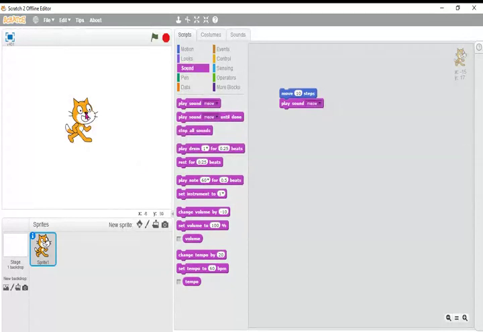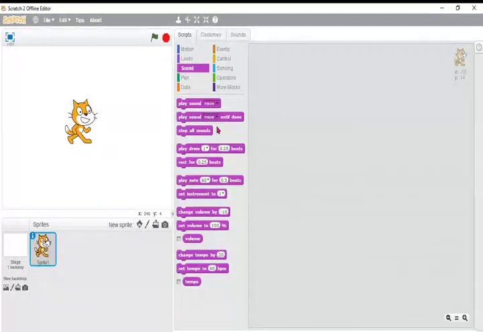So this is called the stage, and this area is called the script area. And what is the name of this one? Yes, Sprite, not the drink Sprite, 7 Up. This is called a Sprite. Which is the default Sprite in the Scratch program? Of course, the cat. The cat is the default Sprite in the Scratch program. Clear?